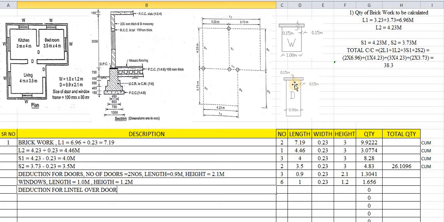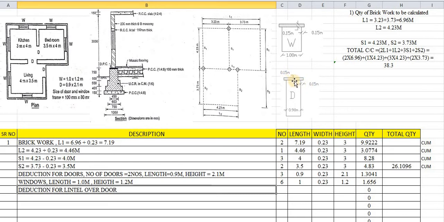One thing to keep in mind while providing the bearings on both sides is that we take the same thickness as bearing. Here the thickness is 0.15, so we will provide 0.15 bearing on the right side and on the left side also. That means this extra quantity will be deducted for bearings for RCC lintels. So the RCC lintel is to be provided in this way: here is the opening, above the opening the lintel is provided, and extra bearing is taken as 0.15, the same as the thickness.